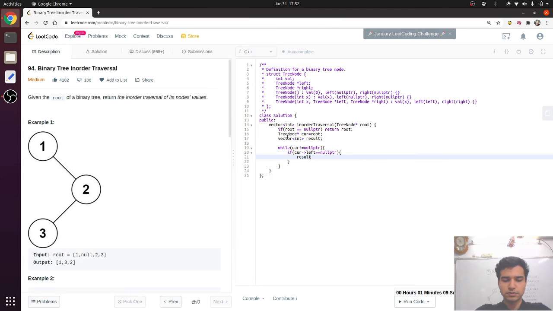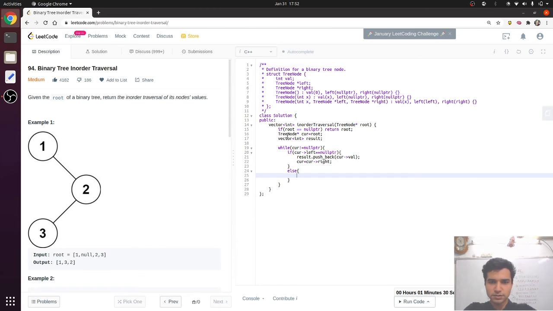So result is added. And we will go right. Else, if its left does exist, then we have to make a connection. Then we first need to find its predecessor.